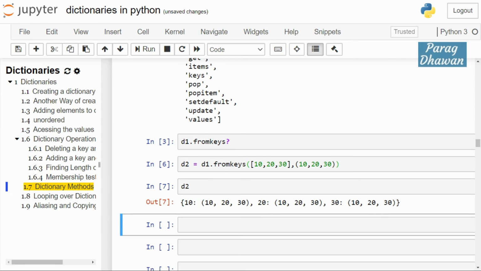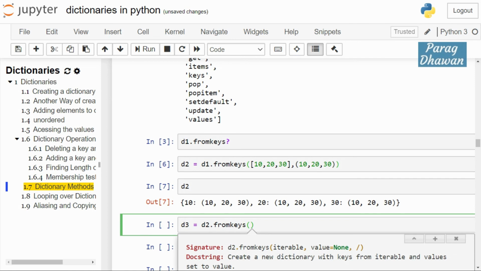In case we have a string, a string is a container which can be iterated upon, then each element of the string will be used as a key, and the value which is passed will be assigned to each element of the string. Suppose we are creating a D3 from D2. We are calling the fromkeys method, and we are passing an iterable.